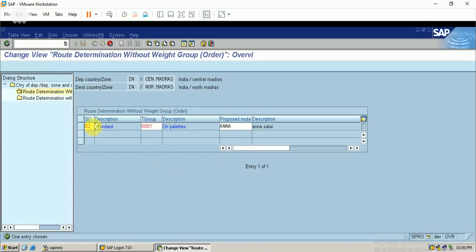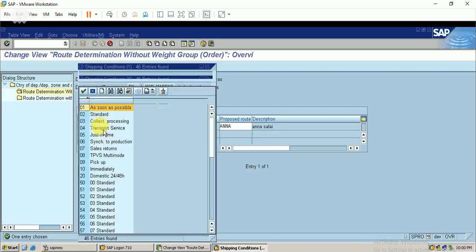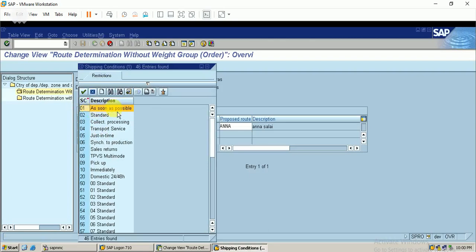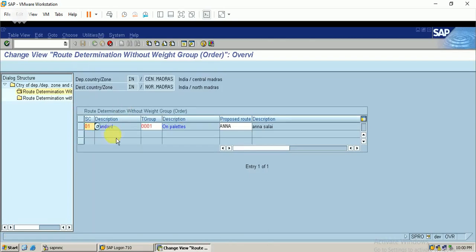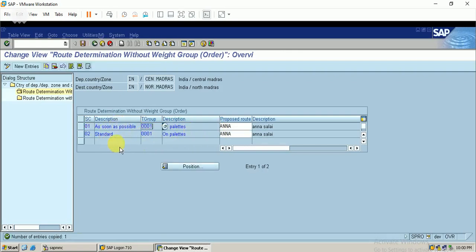I change it to 01, that is as soon as possible, because we will use this in our sales order. And the transportation group we will make use of this. Just click on enter. You can see that both the entries are available here. Okay, just save this.